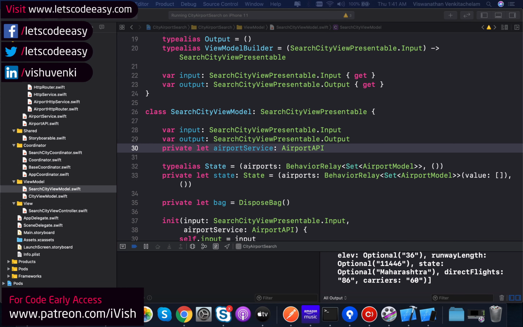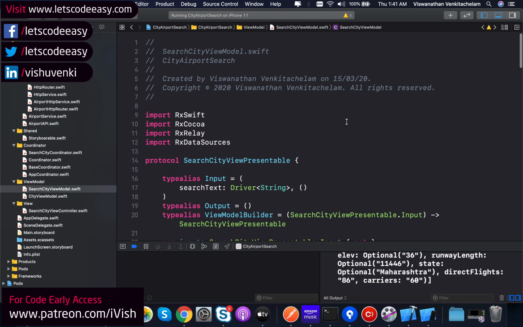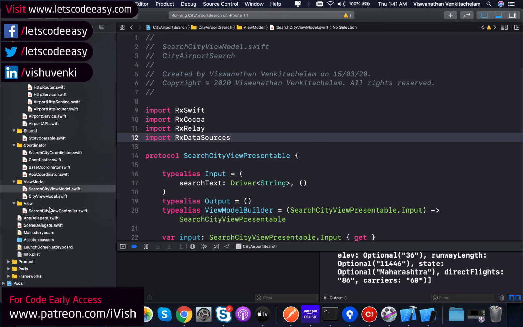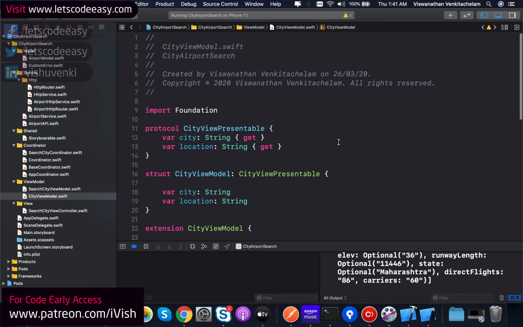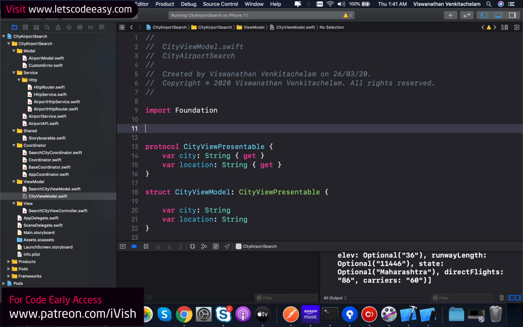We need to create it as a type alias. Maybe go to the city view model, and let's create it somewhere at the top. I'm going to create a type alias, call it city items section,